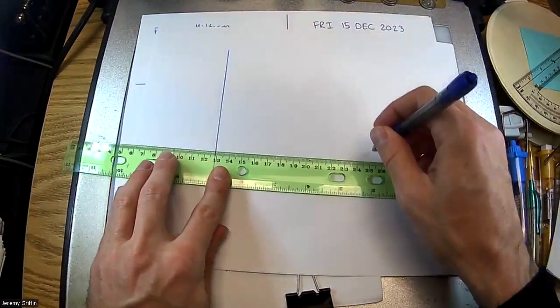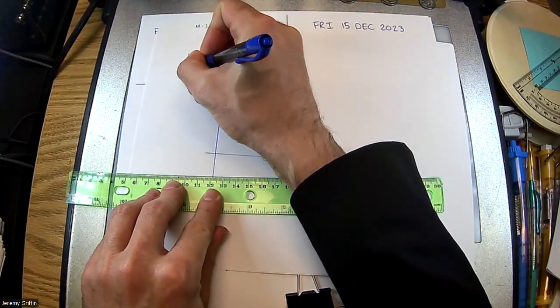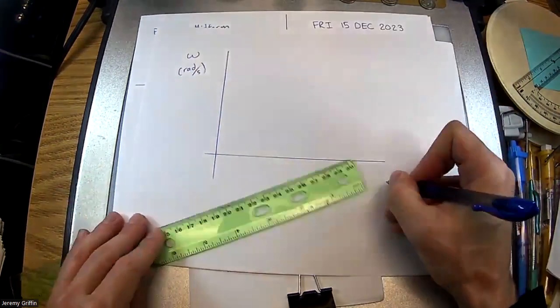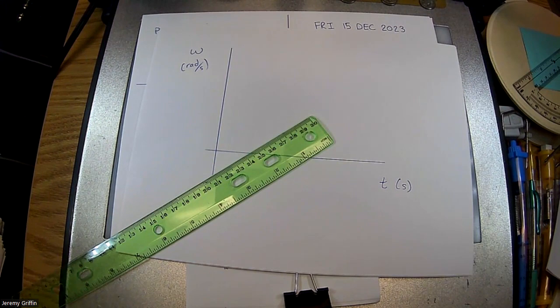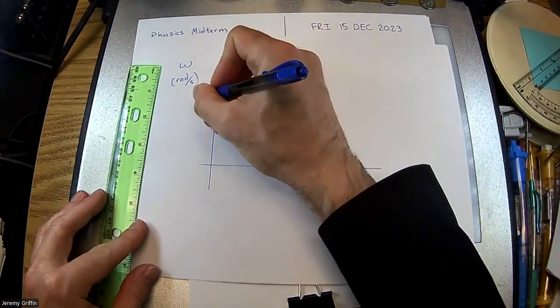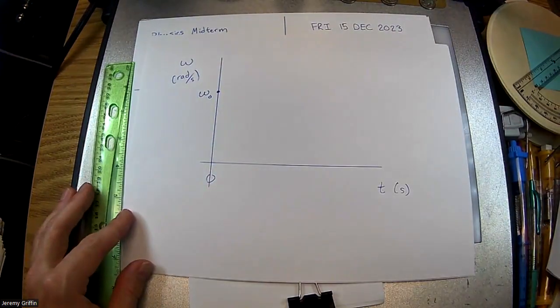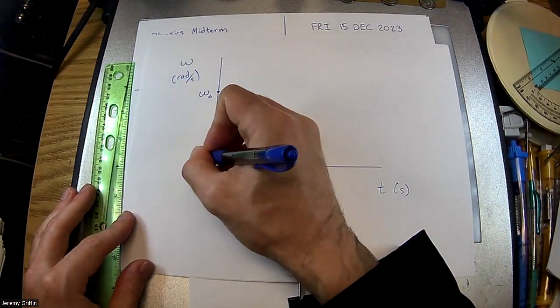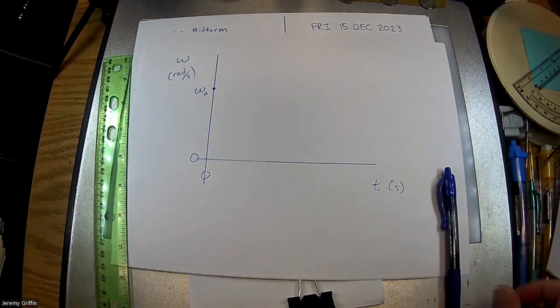If you do omega, that's angular velocity in radians per second, versus time in seconds. This thing's slowing to a stop, right? So guys, slow to a stop. What does that graph look like? Here's omega initial, so at time 0, it's rotating. Slow to a stop means it has 0 final angular velocity, right? And if it stops uniformly, which is a common assumption for this class,